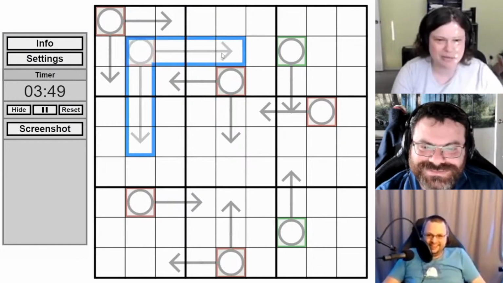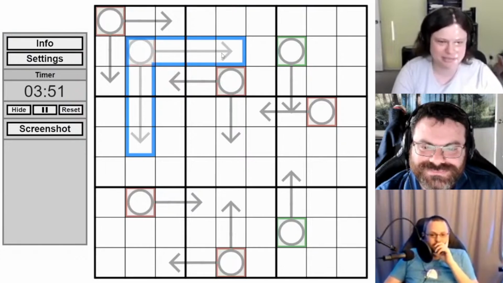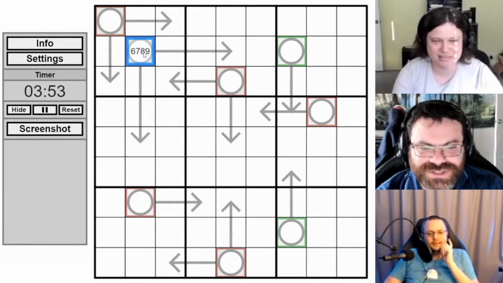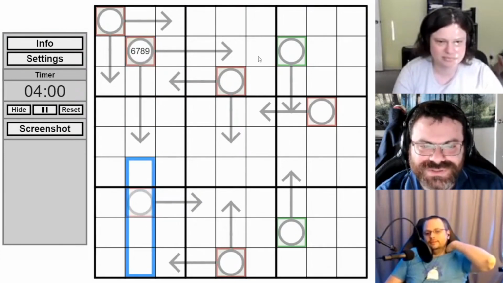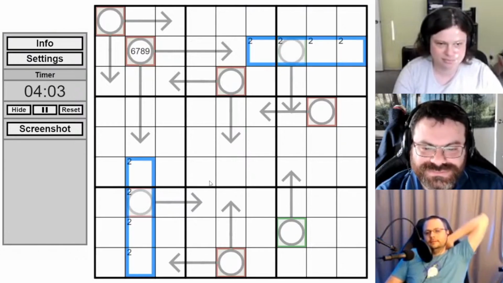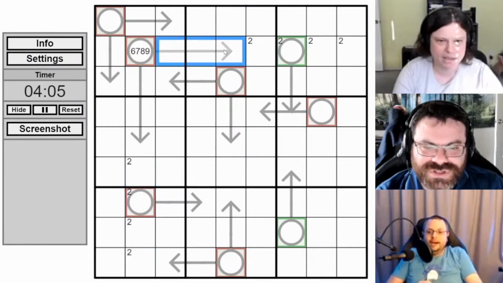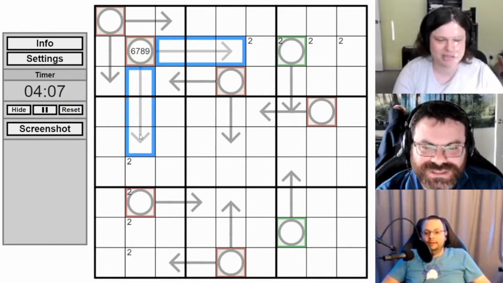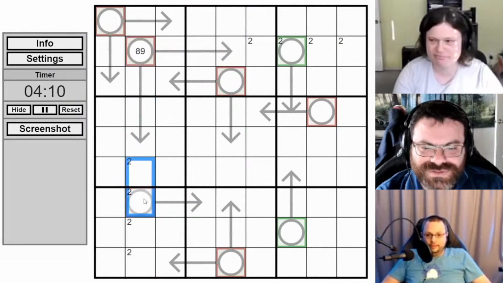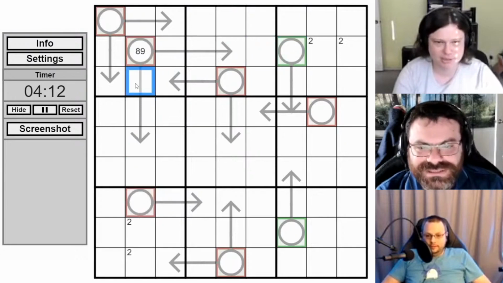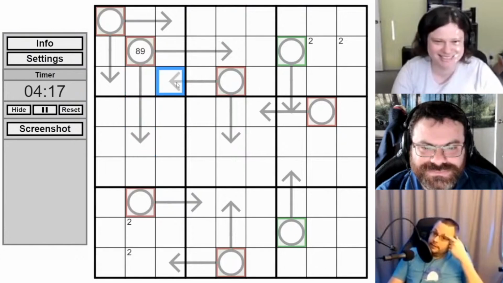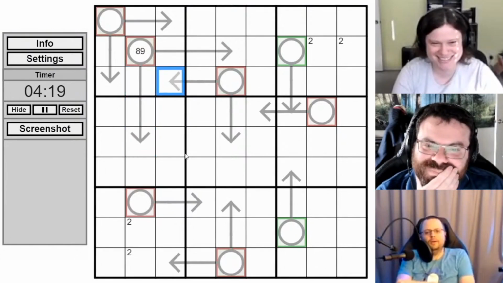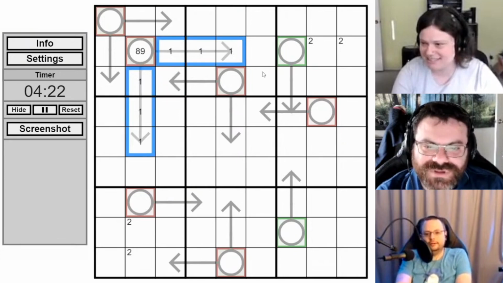Well, okay. The way I would start is to see the 3-cell arrow must be 6, 7, 8, or 9. It's the only 3-cell arrow. And now we think about the indexing constraint, and we go, okay, that means that 2s go here. Now we see there's no 2 on it. It can't be a 6 or 7. So now 2s are here. Good. And this definitely now has a 1 on it, right? In each direction, both have 1s on them.